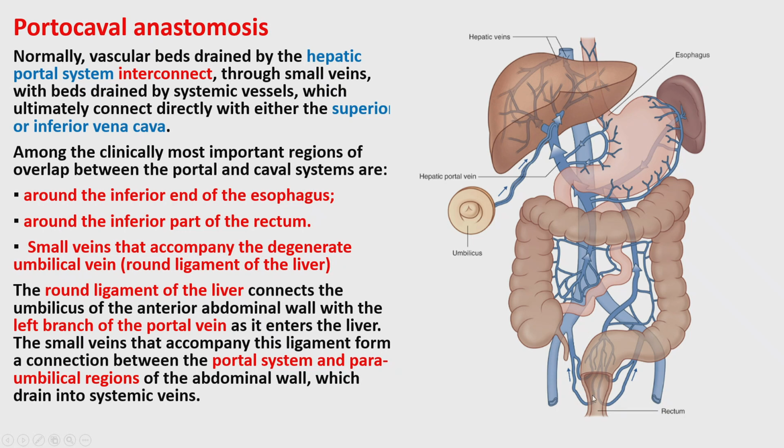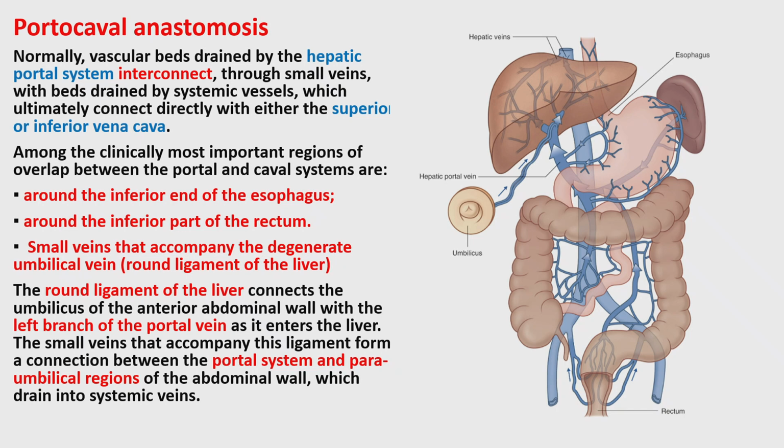But for the middle and inferior part of the rectum, the middle rectal vein drains to the internal iliac vein directly. The inferior rectal vein drains to the internal pudendal vein, then to the internal iliac vein,